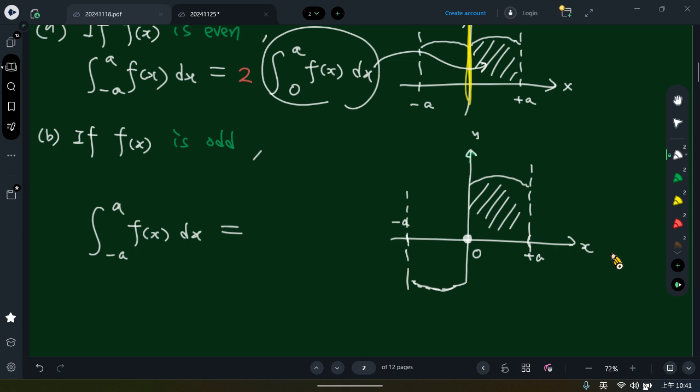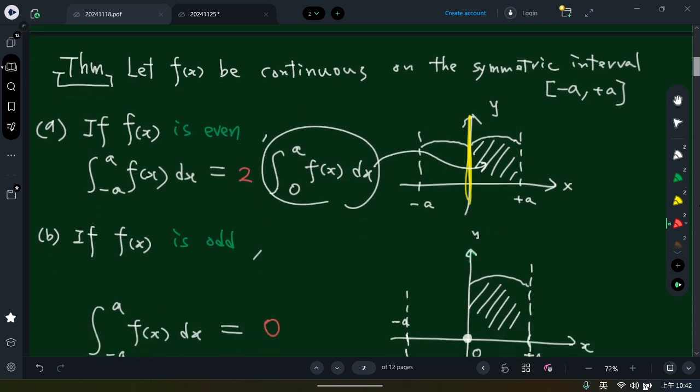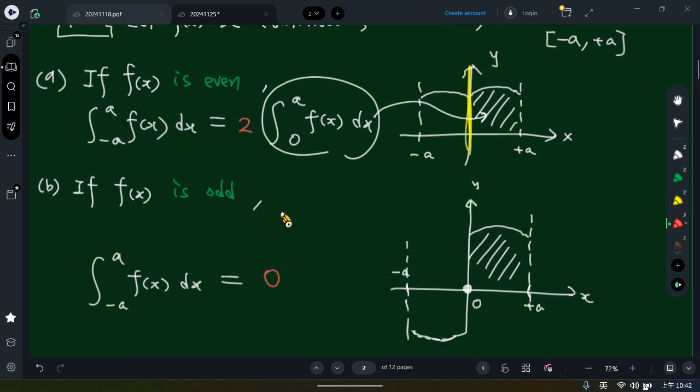What's the result? 0, right? Because the size here is totally equal to this part. But here is the positive part, and here is the negative part. So they will deduct each other, and the result will be 0. So when you can find a function that has the symmetric property, no matter if it's even or odd,